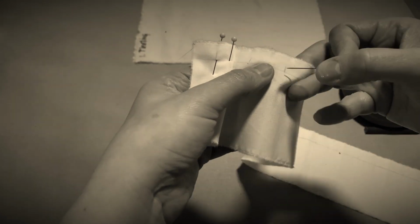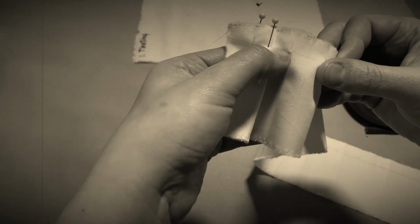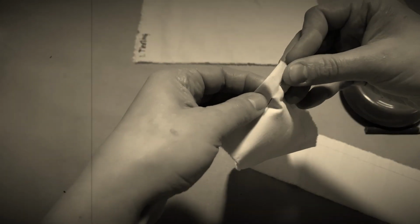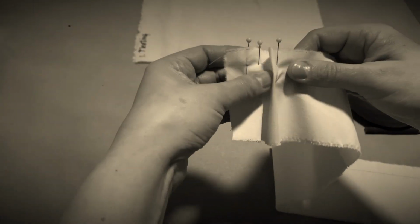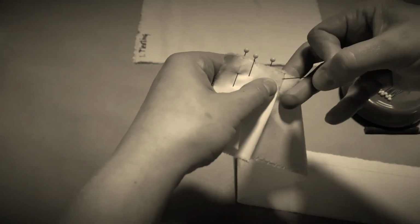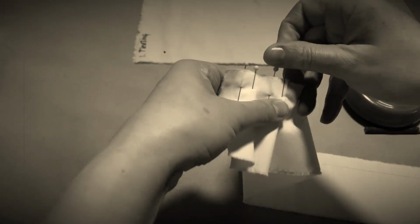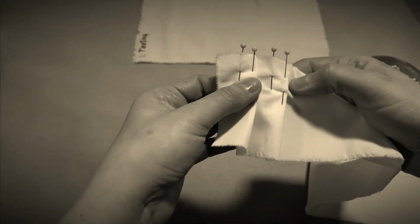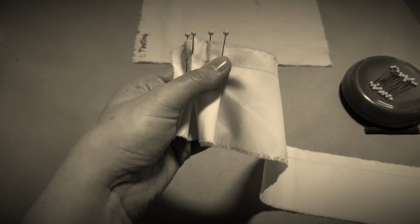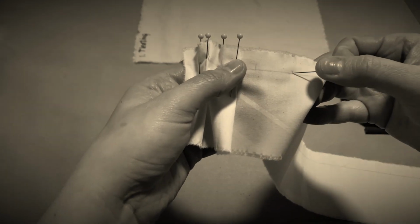So taking the next pair of markings, I'm going to pin through where they intersect on that stitch line, get my layers nice and tight together. Once I get that first pin in, I'll fold to our right, and I'm going to pin the underside. So especially once you're sewing on a machine, you don't want to have this little piece flap back on you while you're stitching. So I'm just going to keep on pinning down this line,